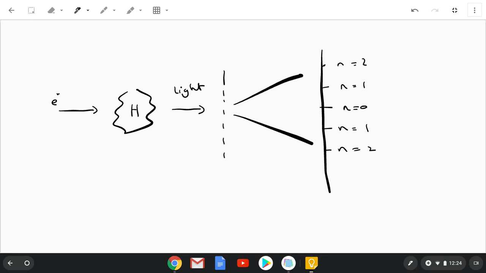Often, as we know from our work in waves, for n equals 2 there's quite a lot of overlap between the orders. For n equals 0, we don't see all the wavelengths arrive at the same point, so we won't see separation. Often what we use is n equals 1, and remember that